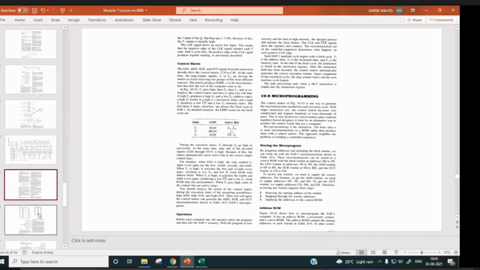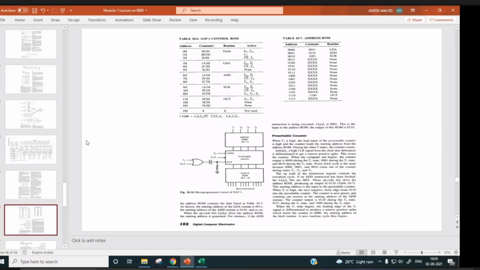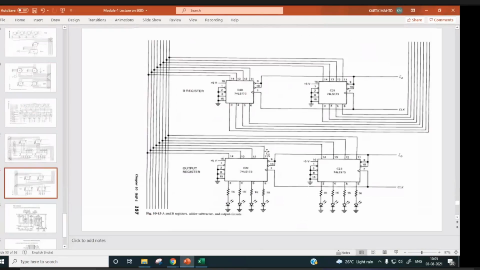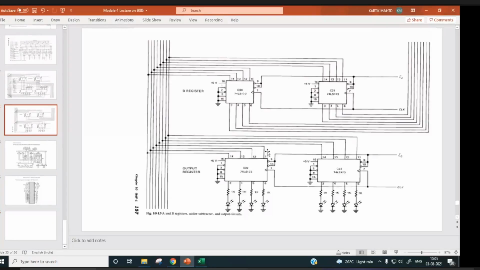For out, it is E. For halt, it is somewhere that code has to be there.